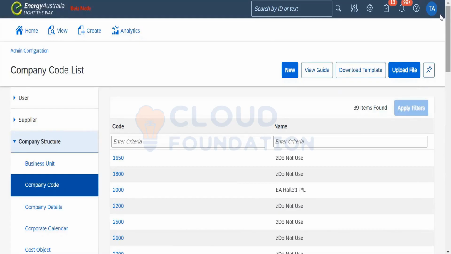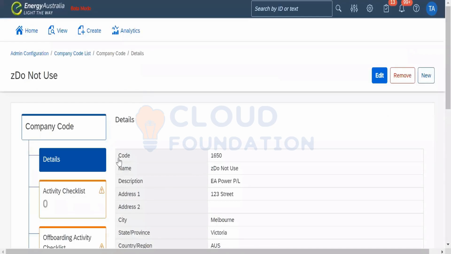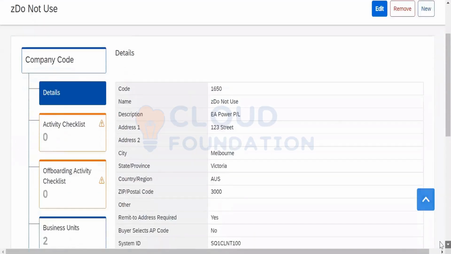As I explained with the business unit, the same holds good with the company code as well. If we go to any of the company codes, we see the required information with respect to the company code.